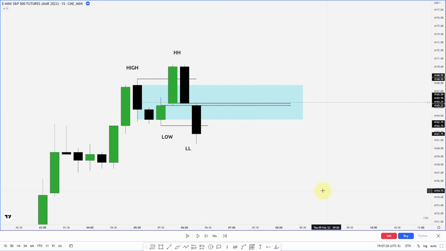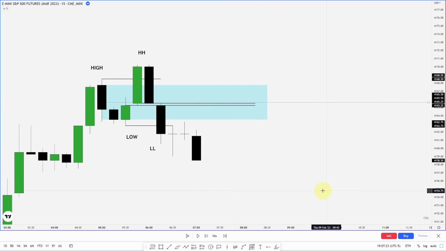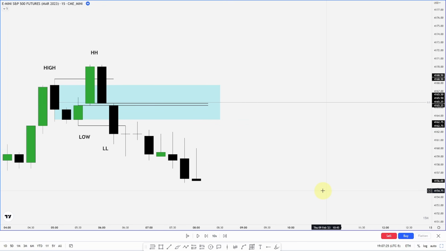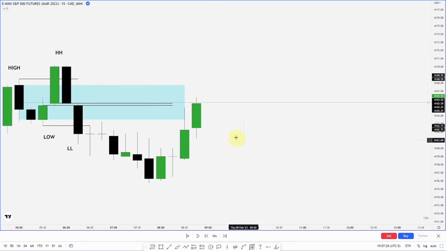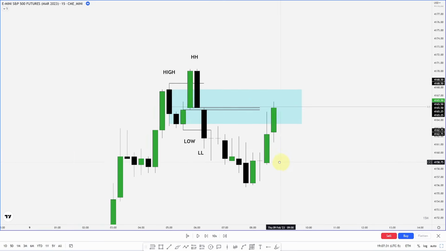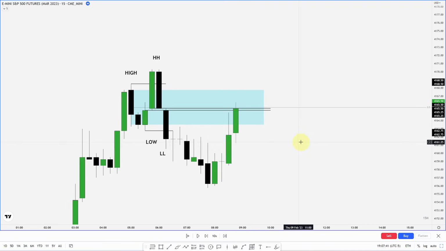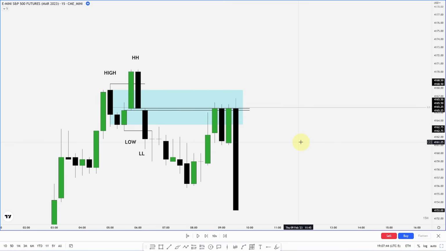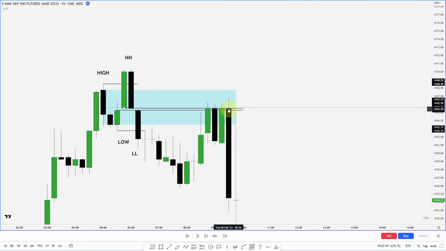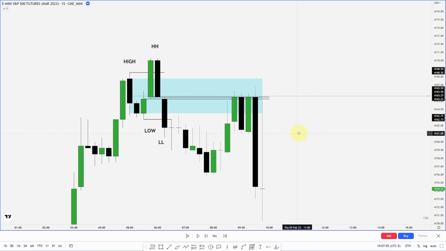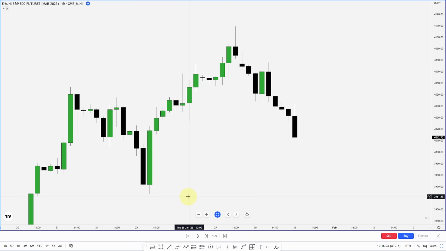So as we let price play out, and let's extend out our drawings here, zoom out a little. What we want to see is, do our bodies respect this mean threshold? And there we go, we get a nice reaction. If you notice here how our bodies never close over this volume imbalance, but our wicks dig a little bit deeper. For our next example, we are going to go over a bullish breaker block and the top-down analysis to get there.